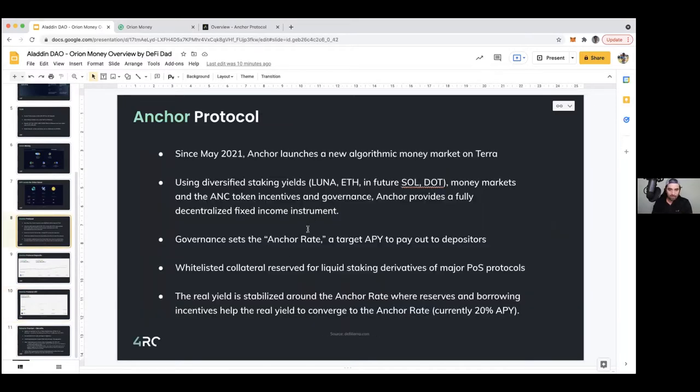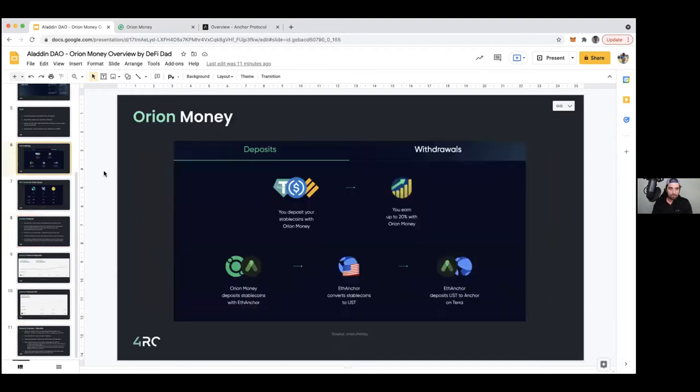So there's all of that. I'm trying to think of what else here to call out. I think I covered most of it. So just a quick synopsis again: you're depositing a stablecoin, you're earning your yield denominated in that stablecoin, which I think is very appealing for the average user. You're benefiting from this Anchor protocol rate, but you can continue to live on Ethereum, which is obviously our home with Aladdin DAO, unless we go multi-chain in the future.